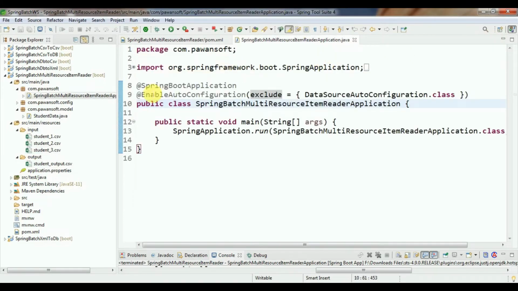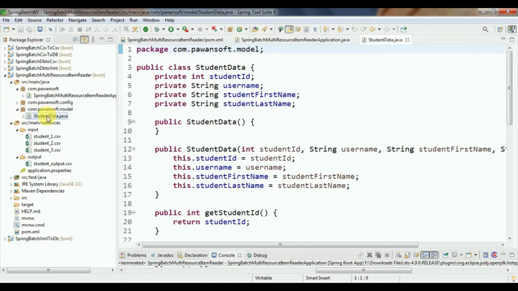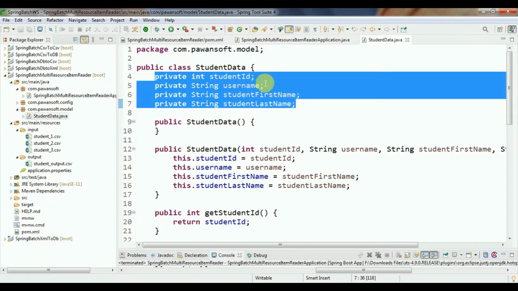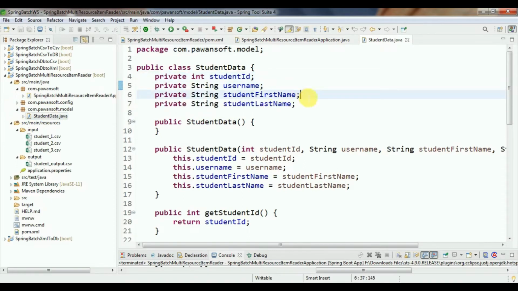So let's create the model class first. When you create the model class, you have to declare all fields. I have a total of 4 fields: student ID, username, first name and last name.